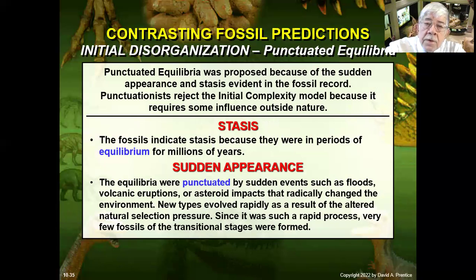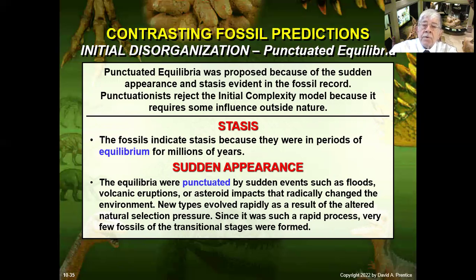Because of the fact that that doesn't happen, there's a newer model of evolution called punctuated equilibria. It was proposed because of the sudden appearance and stasis that are so obvious in the fossil record. Those that believe in punctuation reject the initial complexity model because it requires God, some influence outside nature. So the arguments used for punctuated equilibria as opposed to gradualism are largely the same thing as the arguments for